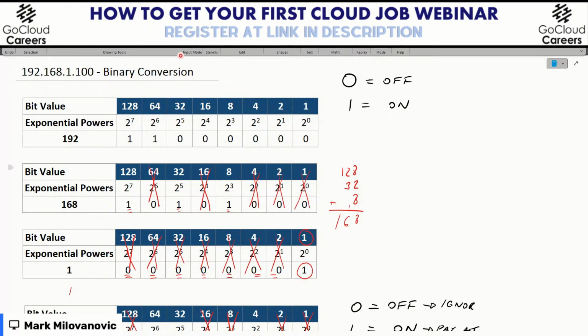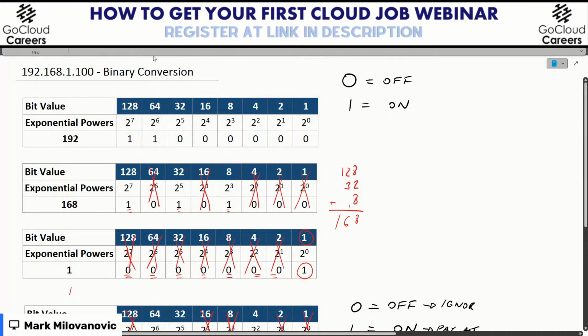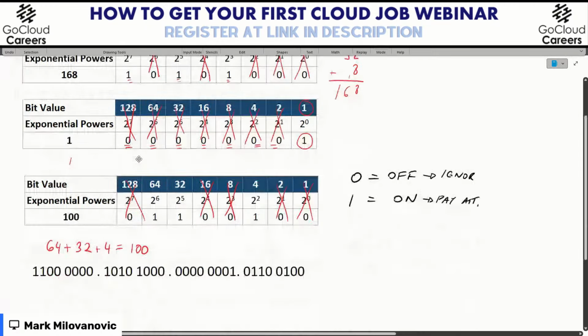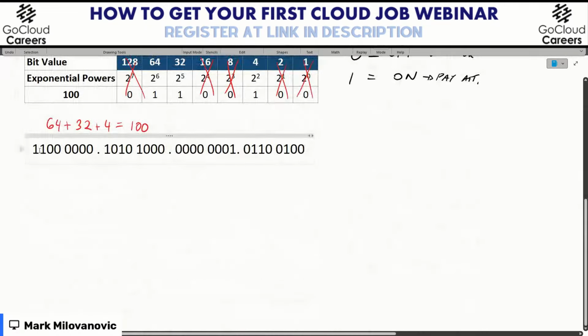Now, it's done a little bit different on the wire. That's done through voltage or through light if we're using fiber. But for all intents and purposes for us, we use just the binary value, the actual computer language that networks and pretty much anything else use, of 0 and 1 to designate which values we're going to pay attention to. And then the decimal is just something that we understand. Because if you look at this, this is not very friendly for us humans to read.